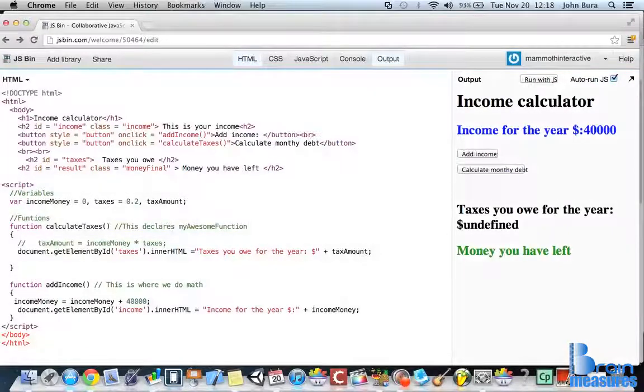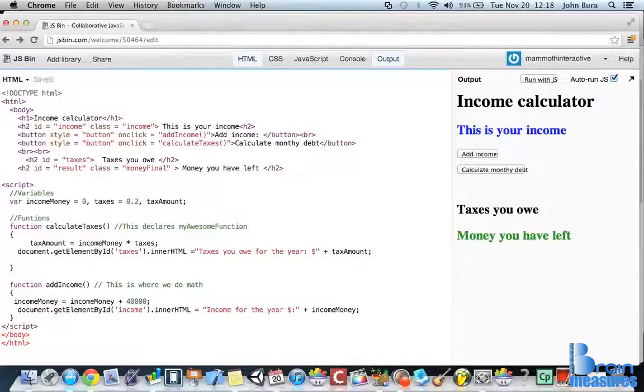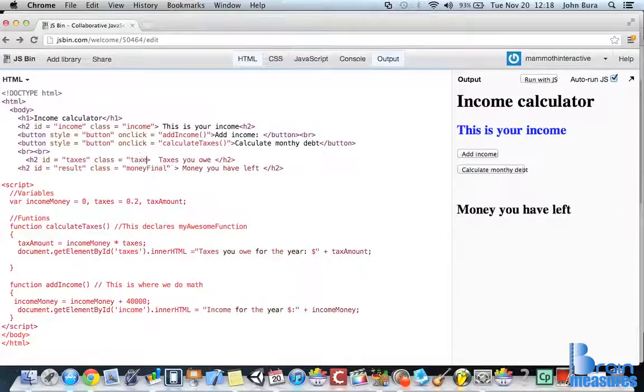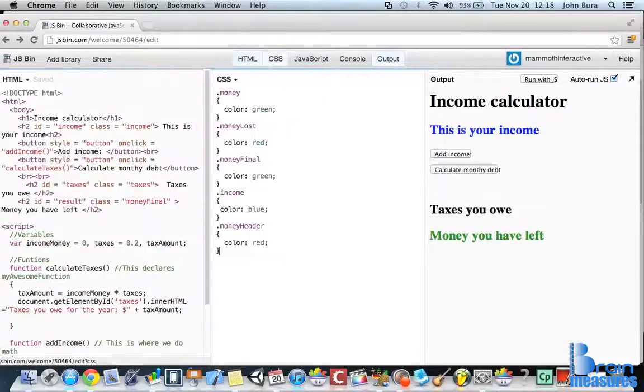Simple enough. Now, I could have stopped the tutorial here, but I want to show you that problems happen all the time, and you have to just go back and fix it. So I probably won't do this again, but I do want to show you that that does actually happen, okay? So the thing is that the ID and the class were different. I'm just going to put class equals taxes as well, because we need to change this to red, and money lost is now going to be dot taxes. Okay, and there we go. Okay, so now that we have this, I'll see you guys in the next